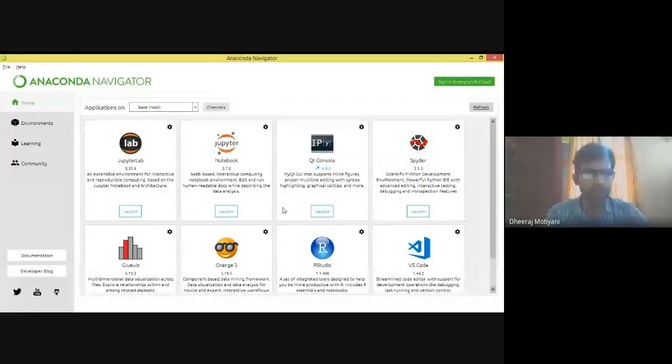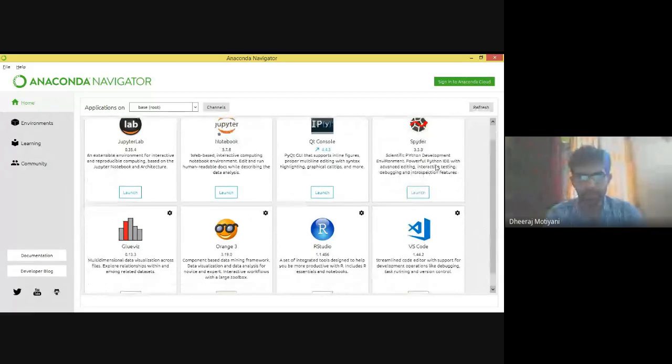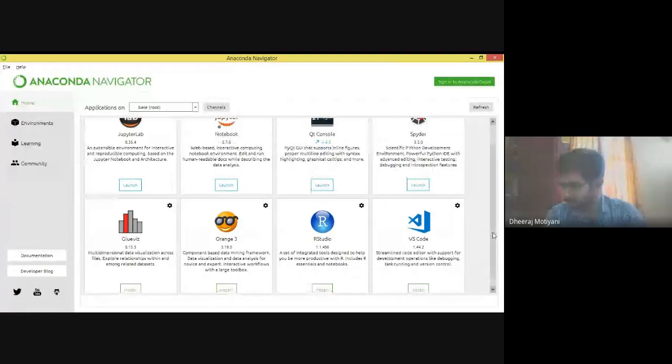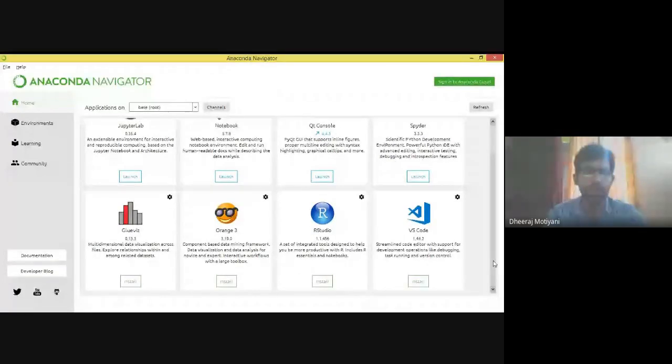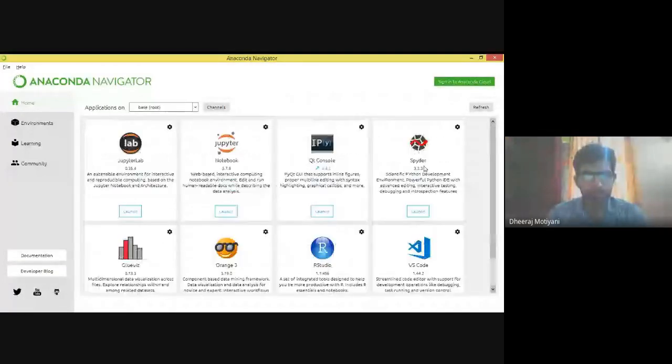Are you able to see the screen with Jupyter Notebook? I've shown this earlier as well. So you have Spyder IDE. You can use this Spyder IDE, and once this Anaconda is updated with a new version, you can install PyCharm as well.